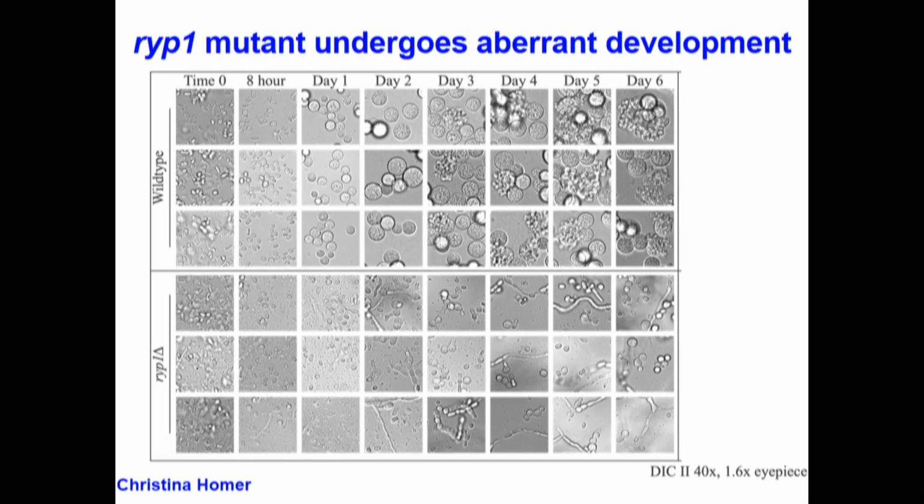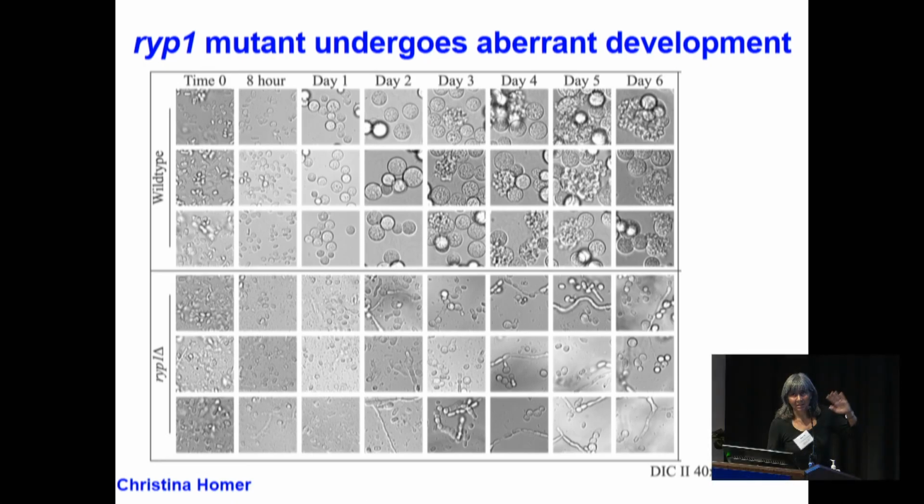So we recreated the RYP1 mutant in our lab at UCSF, and Christina did, again, this similar high-density developmental time course, either with wild type, making spherules, or with the RYP1 mutant, which makes these aberrant morphologic forms. She repeated her transcriptional profiling with these samples in parallel, wild type and mutant, and it generates a very complex data set. And today, for the interest of time, I'm not going to go into that in a lot of detail,